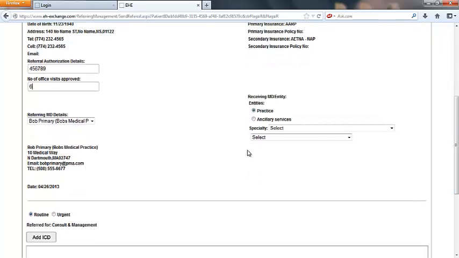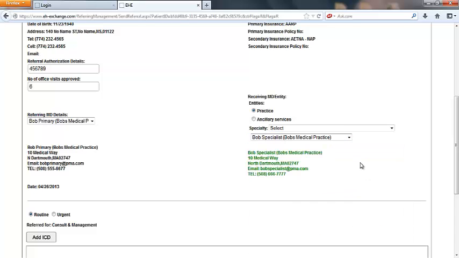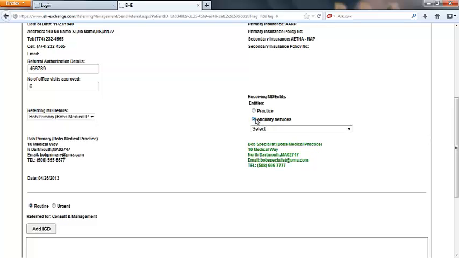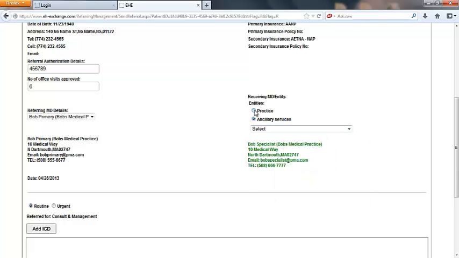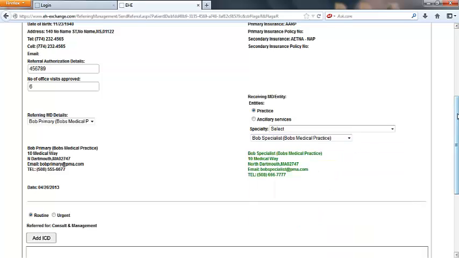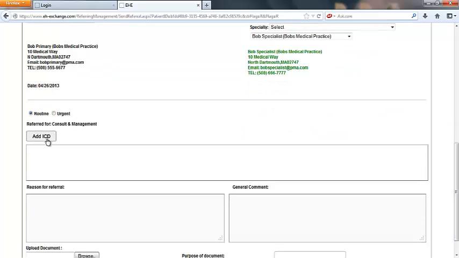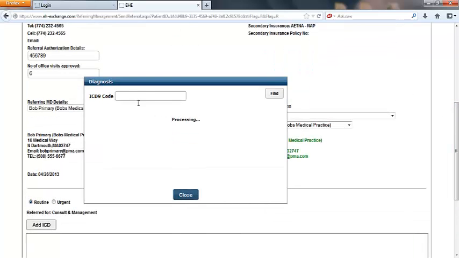I have my demographics. If I'm staying with a practice, I can go in and select whoever is on the EHE, or I can do it by ancillary, which gives me anyone here that does not have a doctor. Let's go back to practice, selecting Bob Specialist. I want to send him a referral. I want to note here